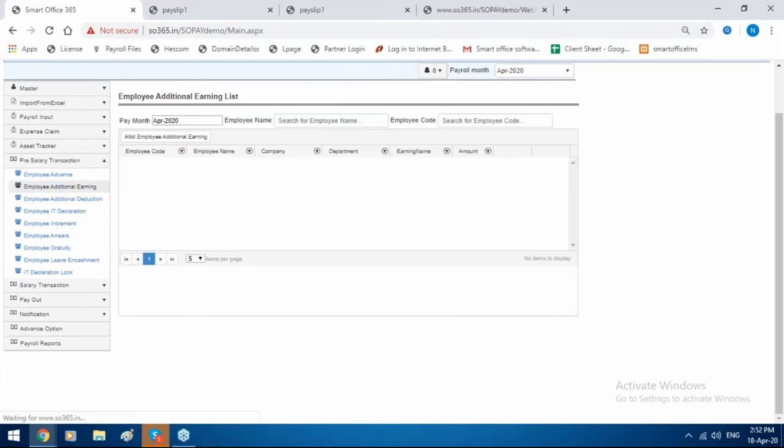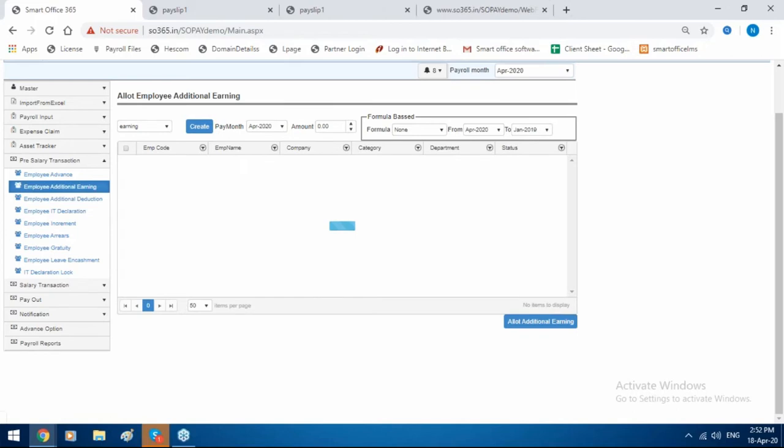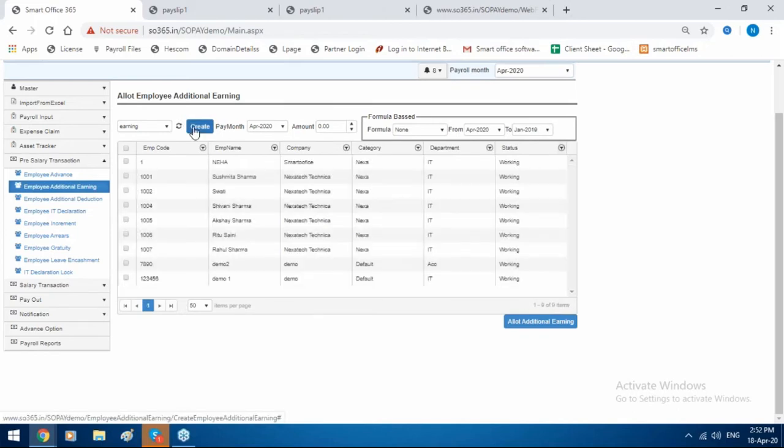Here is the additional earning option. Additional earning is very useful for bonus, incentive, or commission purposes. For bonus, in most cases, it is calculated on a 1 year basis, and there will be a formula like basic will be 8.33%. In that case, you can create a formula.